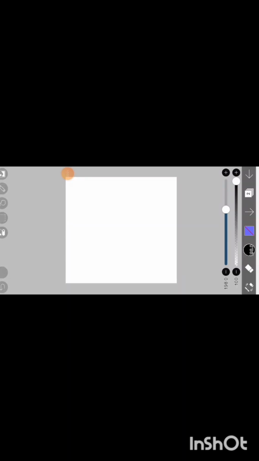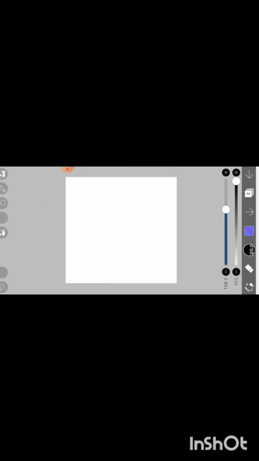Alright, so let's dive in. In the last video, we concluded with the color panel. So now let's start with the layer, which I consider the most crucial part of digital art. That's the button at the bottom right corner, the second button. When you click on it, you can see your layer panel. So now, one by one, let's start discussing its tools and uses.